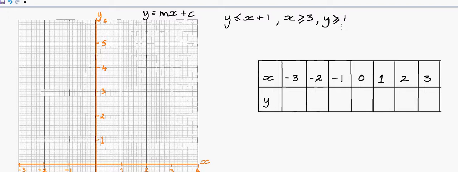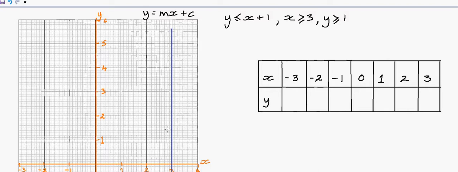Okay. So before I do the slopey line, I'm going to do the easy bit. Because in the exam, if you can't remember how to do this, but you can drop these two lines in, you are going to get marks. Okay. And the name of the game is getting marks. So, if I go to where x equals 3, okay, so x equals 3 on this line,